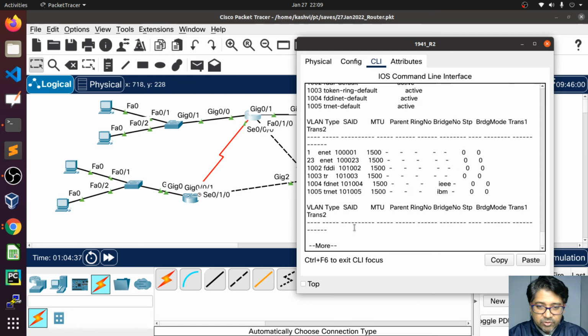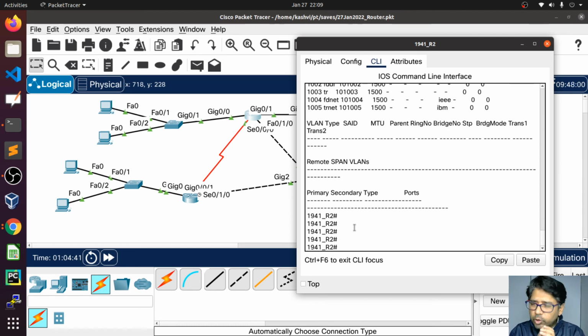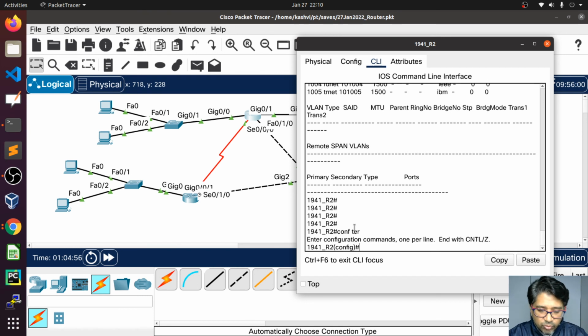Okay, let's do that. I'm telling you, you read how many videos or how many things, what we study today you will not find. In the VLAN database you have the interface, sorry, interface slash one slash